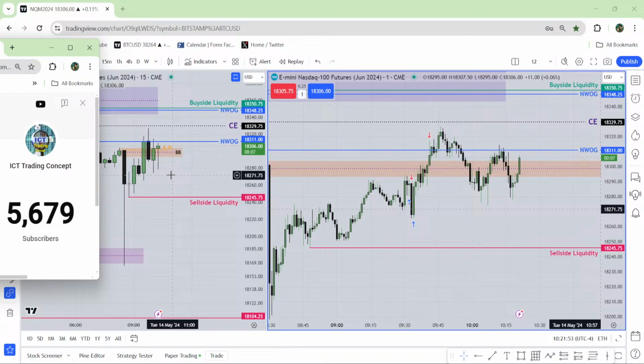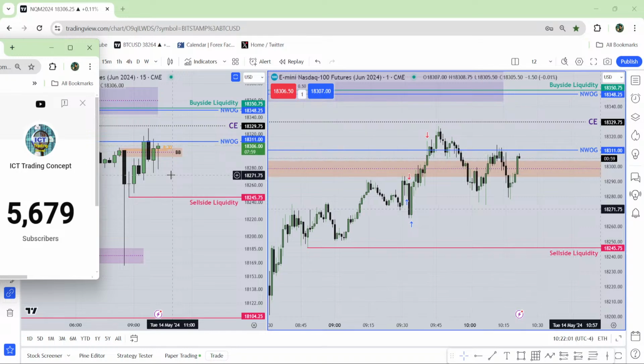I have already told you how to predict the consolidation beforehand. I have told you how to wait for the perfect setup. I have told you how to go for the market structure shift fair value gap entry, and which fair value gap is going to be important for you. I have told everything to all of you. Now all you have to do is follow whatever I told you. If you keep following them, you will never take a losing trade? Do you think like that? Bullshit. You have to take losing trades, but you will be able to be profitable. Trust me, man.